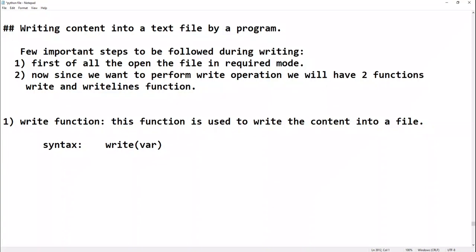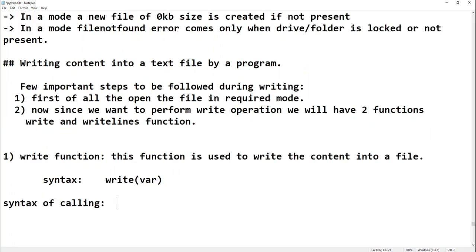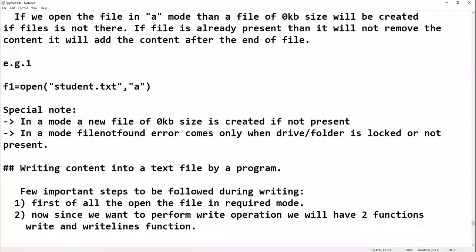And how to call it? Syntax of calling. We want to write the content in a specific file which is opened by the file object. Just see here. We have opened the file by using the open function, and the file is transferred to F1.